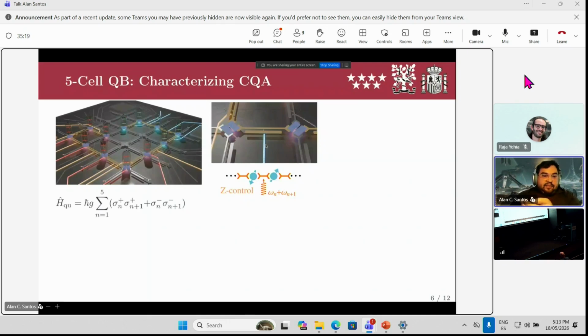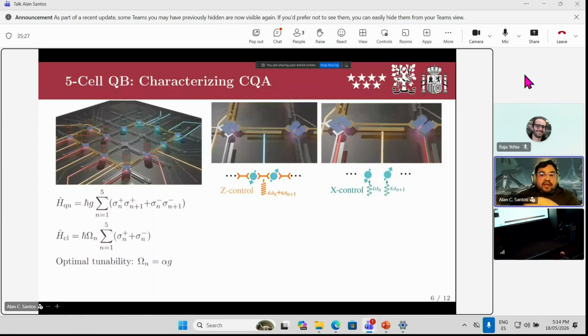In this case, because we have this interaction, this is the quantum charging, okay? Because we have an interaction, and in principle, entanglement can be created in the system. But we have to compare our results with the full classical case. So what do I mean by full classical charging?